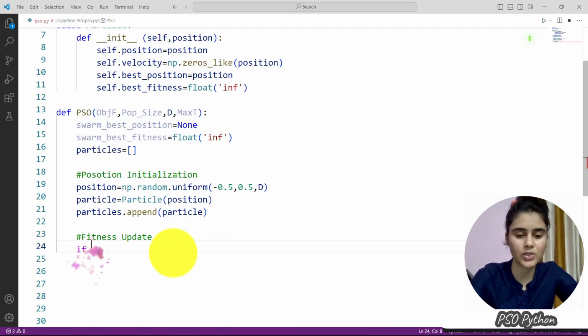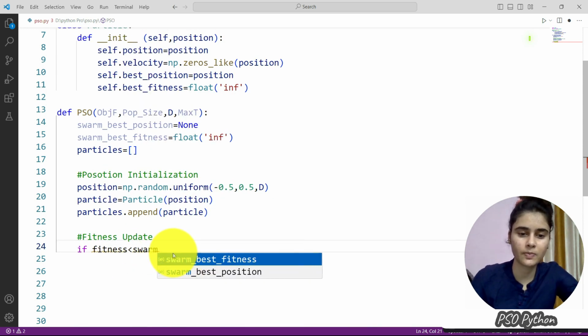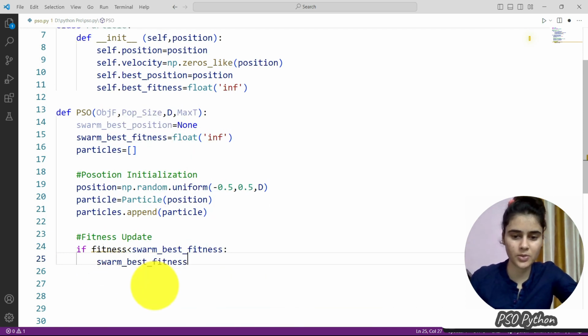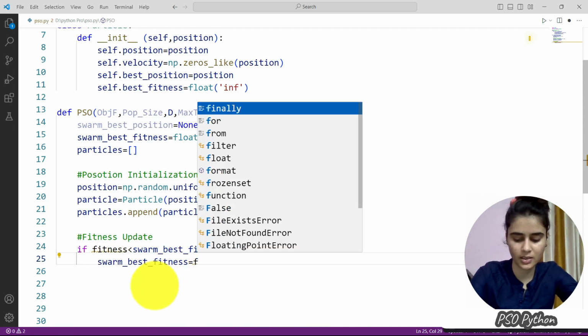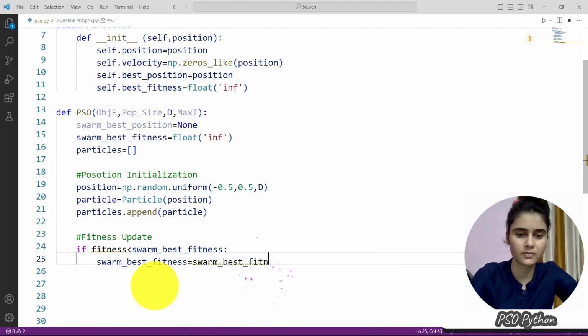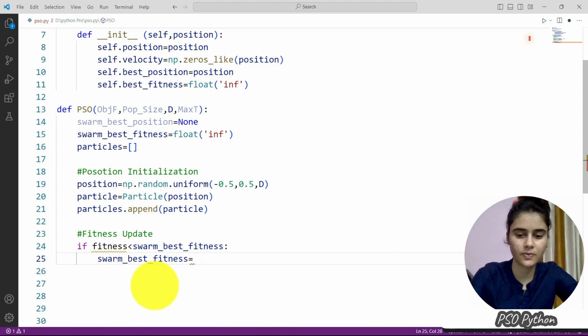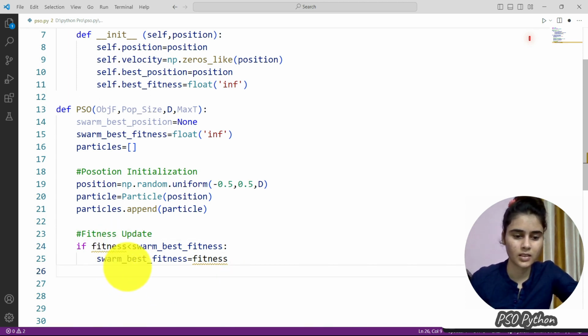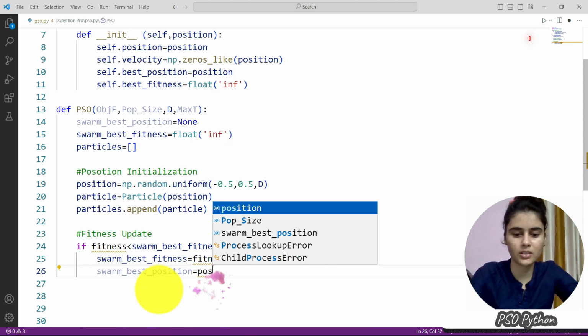So next, how we can update the fitness values. We will check if the fitness value is less than the swarm best fitness. If this condition is true, then the swarm best fitness is that agent fitness, and the swarm best position is the agent position.